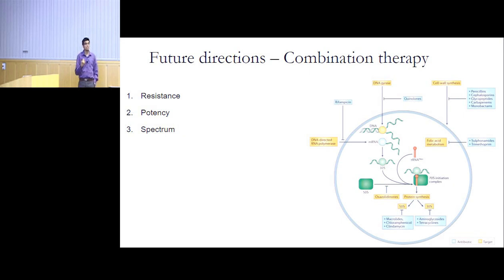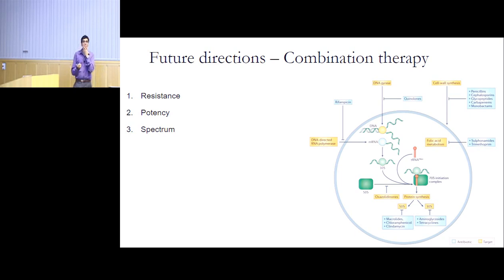And so in our lab, we are now trying to use these algorithms to design combination therapies for infectious diseases. There's a huge problem right now in that for many infections like tuberculosis or staph aureus, we do not have new drugs to treat them. One common way to target drug-resistant pathogens is by using a combination of existing drugs. By using combinations, you can fight resistance, you can enhance the potency, and you can also increase the spectrum, that is the kinds of pathogens that are being targeted with the same set of combinations.